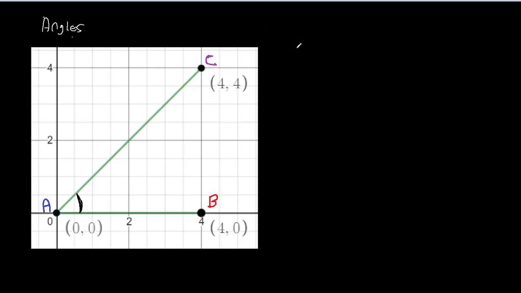All right. And so what I want to do in this video is talk about three ways to identify a target angle. The first way is to call it out by the points that are around it. So in this case, we could have CAB